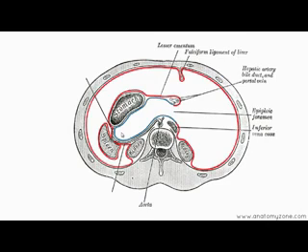So I've switched over to another diagram, a horizontal section, and this shows the boundaries of the lesser sac. So we're looking superiorly down at a cross section, and you can see the stomach here, and to the left you've got the spleen, and slightly posteriorly. So the lesser sac is this bit outlined in blue, sitting behind the stomach, and you can see that it on the left